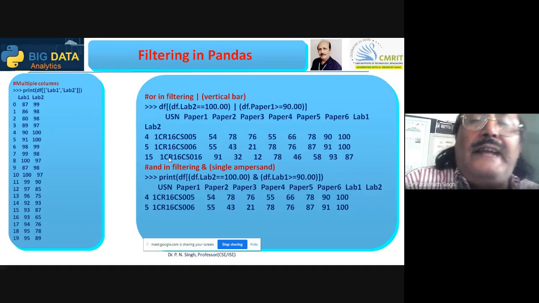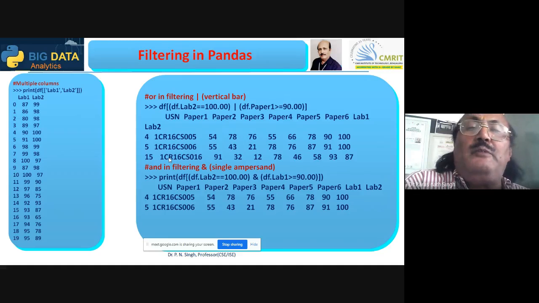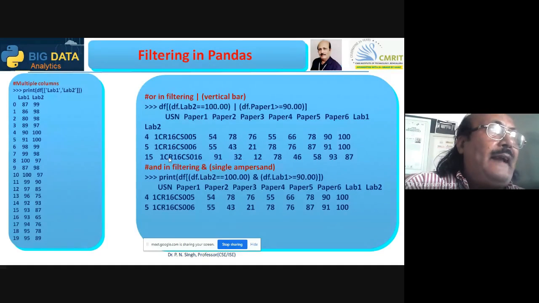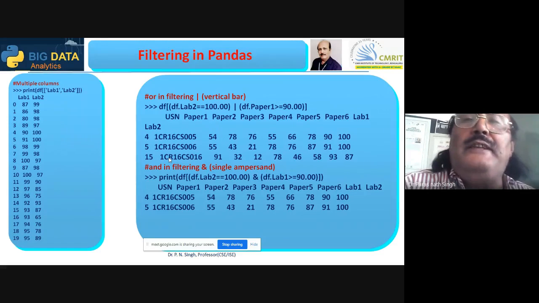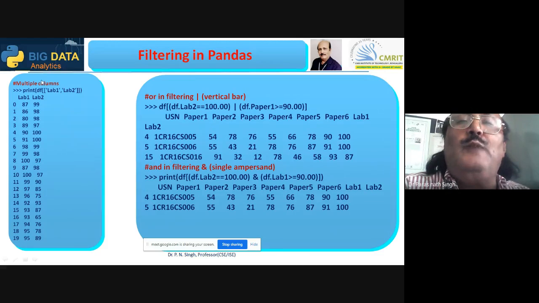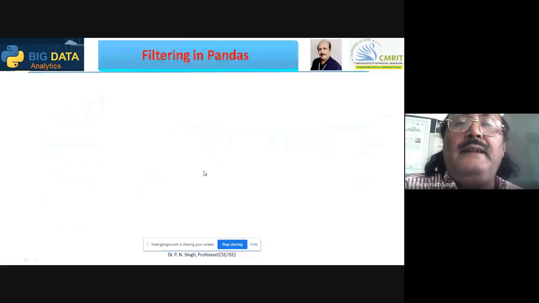Similarly, next we have given the ampersand for and. Both the conditions must be satisfied. Being mechanical and electrical guys, you understand this basic electronics you have learned in first year, second year programming classes. So what do you mean by this or and? Whether either of the conditions is satisfied, it is or, and both of the conditions must be satisfied for a true output, to evaluate the output true. So here, single ampersand.